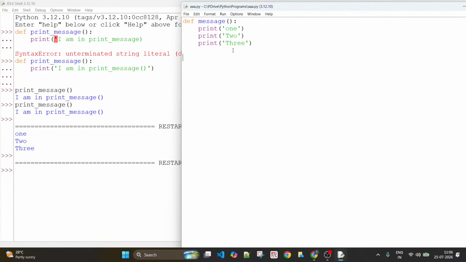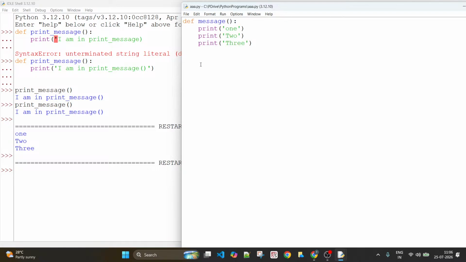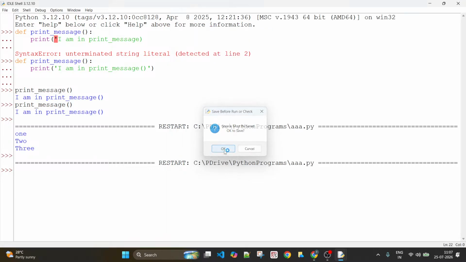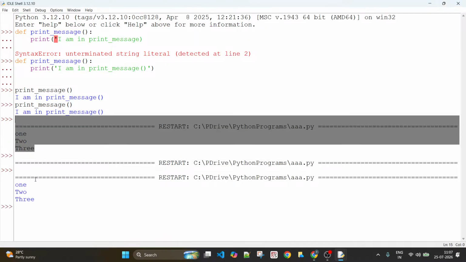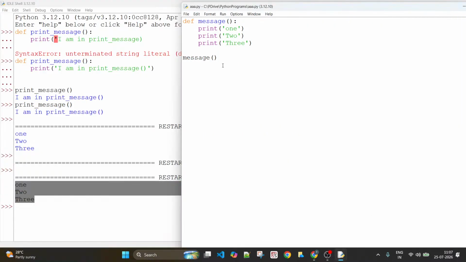You have a function in your file, but this has never been executed. Why is that? Because to execute a function, you need to have a calling statement. What is a calling statement? Calling statement means you need to just mention the name of the function somewhere here. All right. Now let me run this code. You should see the same output as above. What did I do? I have just written what is called a function calling statement, or calling statement simply.